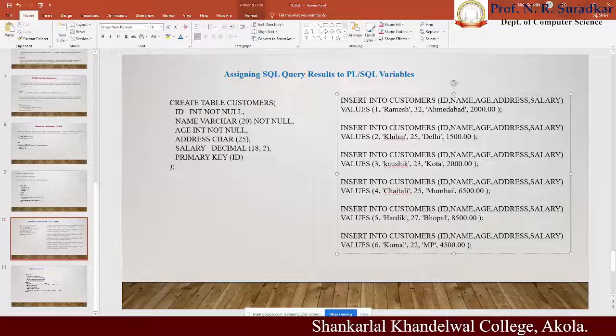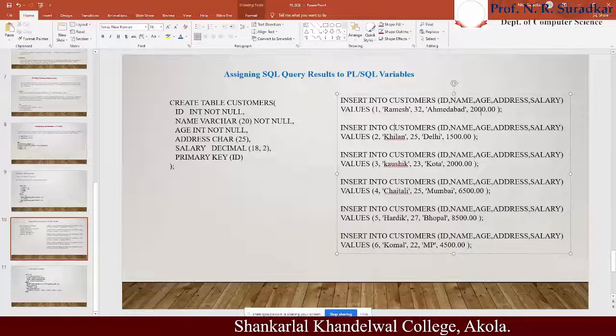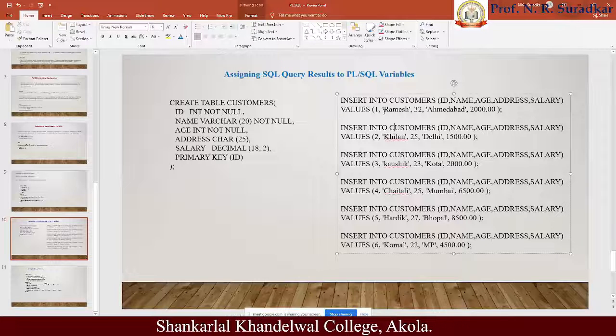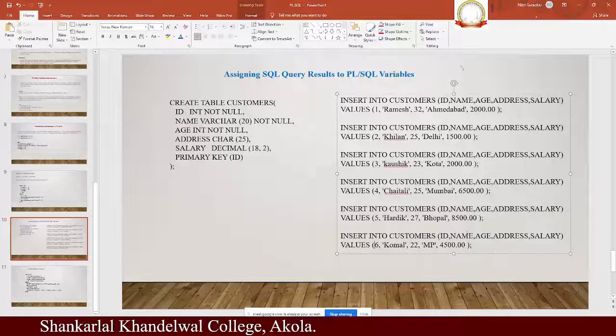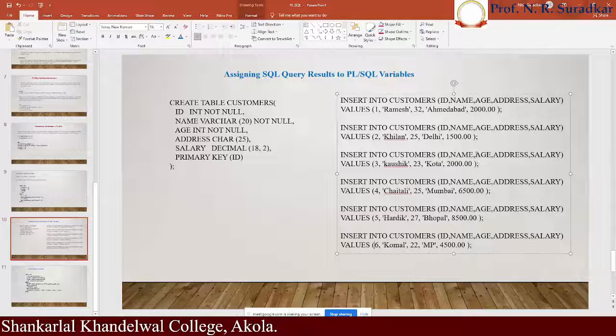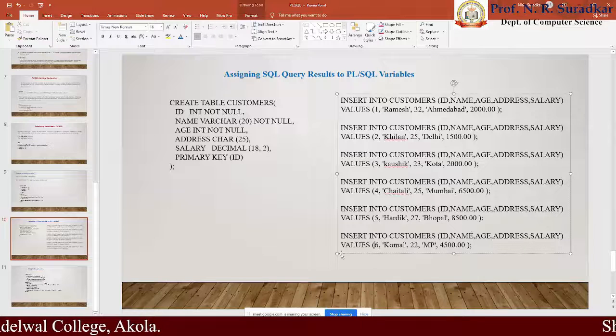What are the values? 1, Ramesh, 32, Ahmedabad, 2000. These are the values of the first customer whose ID is 1. Likewise ID 2, ID 3, ID 4, ID 5, ID 6. This is the statement which we have to follow: insert into customers.